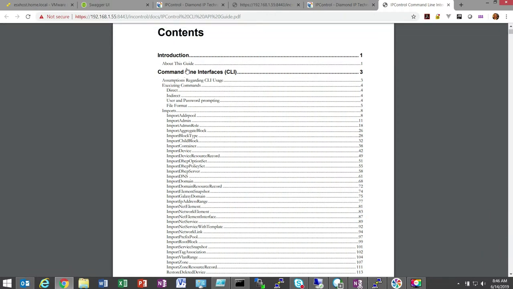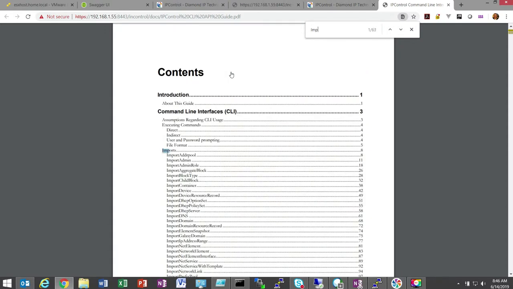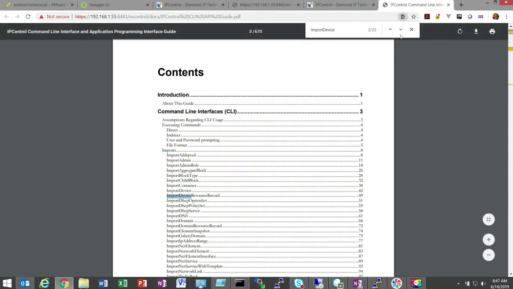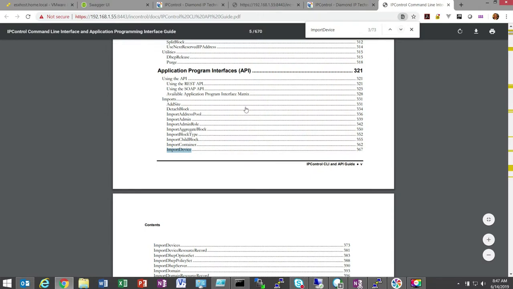The forward part of the documentation is all going to cover CLIs. So if you're looking for importing things in a shell, this is where we would look, and we'll have a video for this. If you're looking, say, for an import and you want to look at an IP device or logins or something like that, you can certainly search for it and do import device. And you should also see under the application programming section an equivalent,